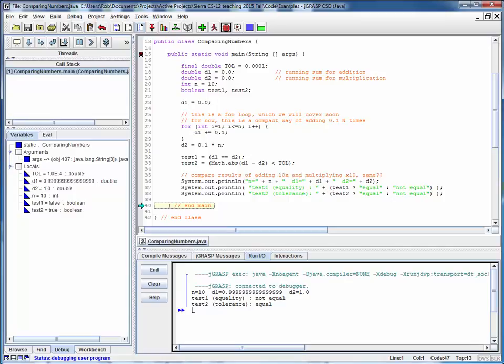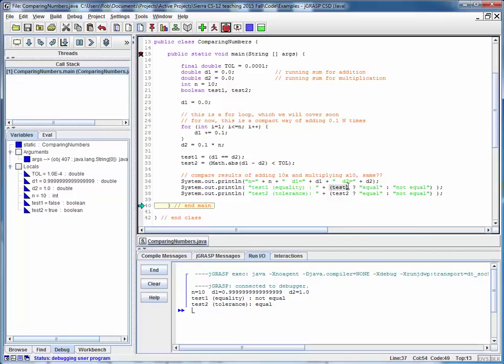By the way, notice the use of the conditional operator here. We are using our Boolean flag for test 1 and test 2. We're asking the question, is that true or false? If it's true, the value of this expression is this first string, which is equal. Otherwise, the value of this expression is this second string, not equal. And so this entire conditional expression evaluates to one string, which we're then string concatenating to this preceding string to